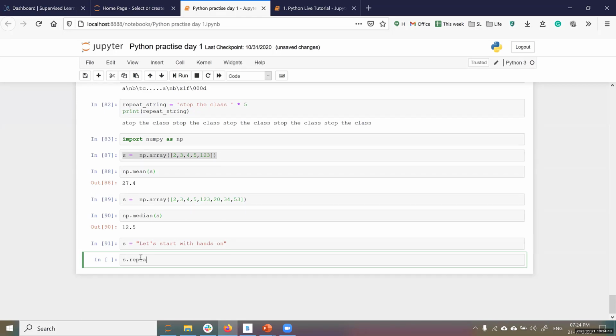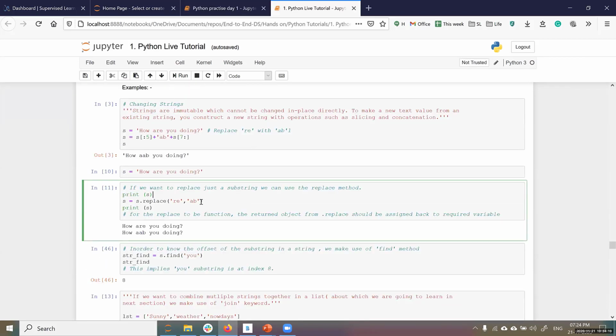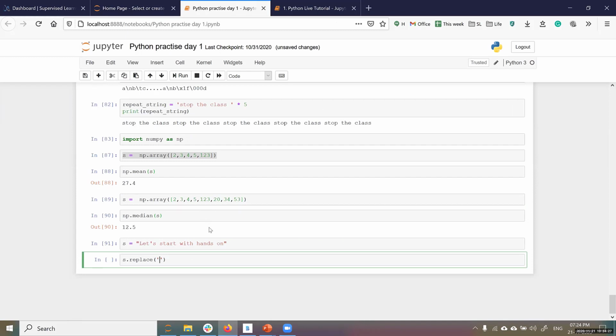S dot replace. I want to replace a substring. Then you can use parenthesis, the actual substring, and the replacement substring. I don't want start. I want begin,